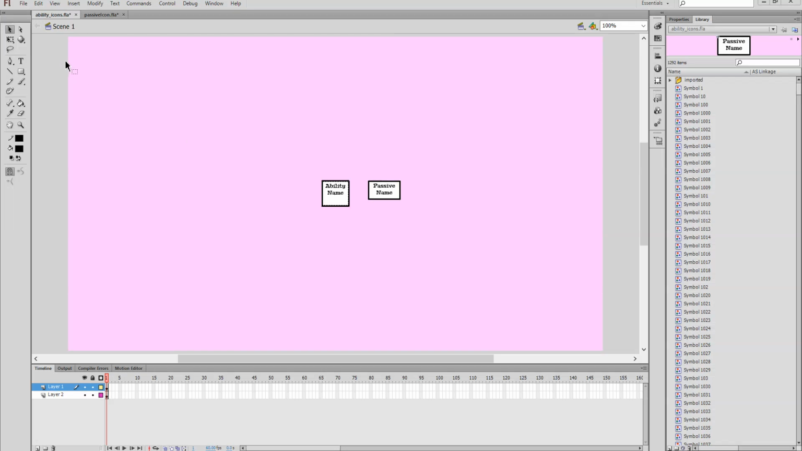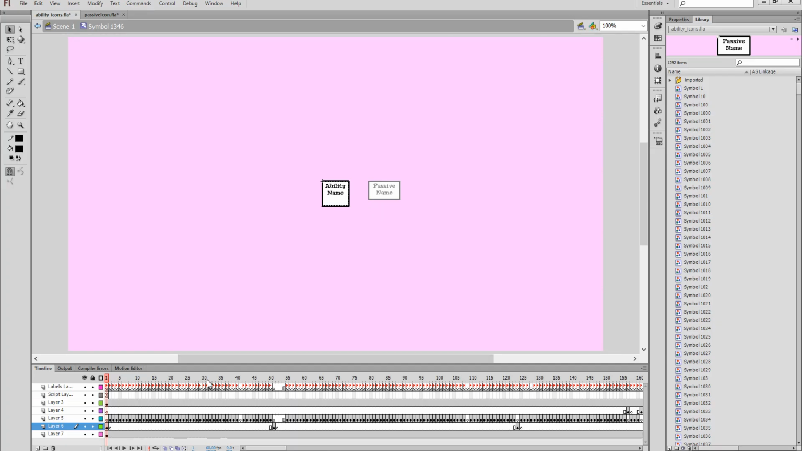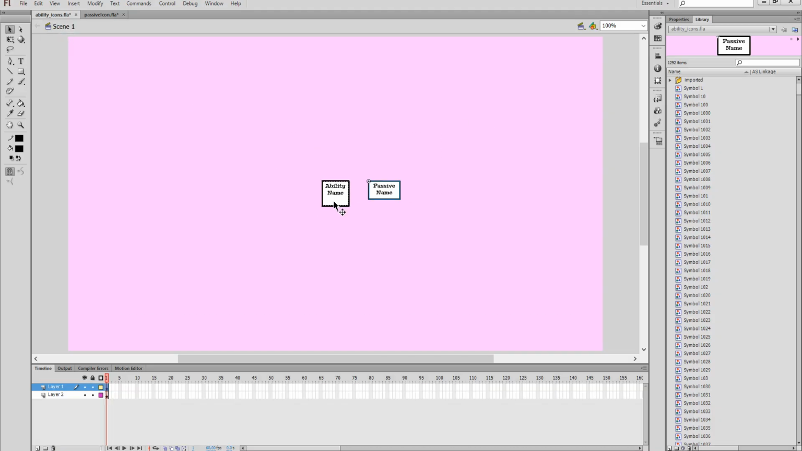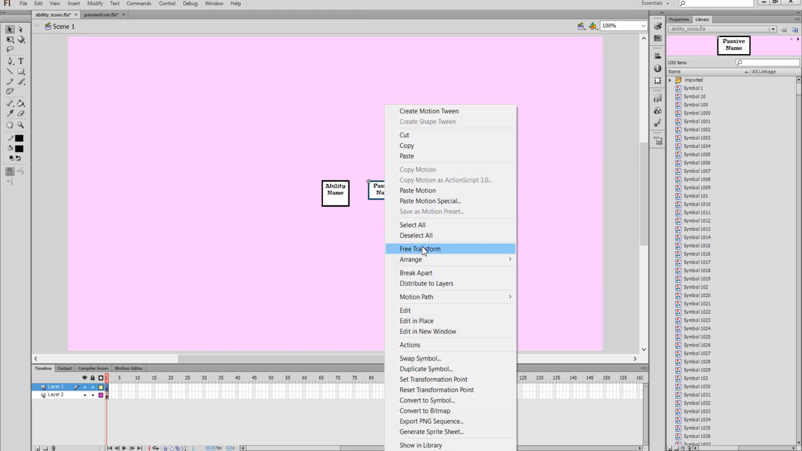So let's just say you already converted ability icons SVG into a Flash project, and that project contains a couple of movie clips. One stores icons for spells or abilities, right? Another for passive skills. So in order to, for example, add a new passive icon, the icon for your passive skill, you need to copy